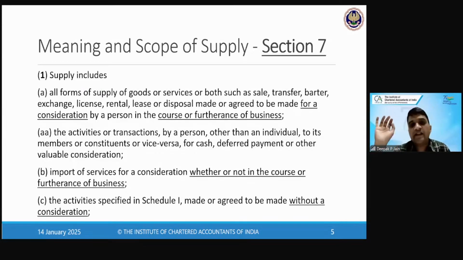जैसे गवर्नमेंट कुछ फ्री दे देती है, वहां पे कंसिडरेशन नहीं है, वो छोड़ दीजिए। लेकिन जहां पे गवर्नमेंट कंसिडरेशन लेती है, विल दैट बी इंक्लूडेड इन सप्लाई? एटलीस्ट 7(1)(a) पढ़ के आपका क्या कंक्लूजन है? यस, करेक्ट। तो 7(1)(a) में कोई एक्सक्लूजन नहीं है, कोई एग्जेम्पशन नहीं है। 7(1)(a) ब्लाइंडली पढ़ेंगे तो गवर्नमेंट अगर कुछ सप्लाई करती है फॉर अ कंसिडरेशन तो वो भी सप्लाई है। फिर 7(1)(b) इंपोर्ट के लिए, 7(1)(c) अगर नो कंसिडरेशन के लिए। आगे जाते हैं।